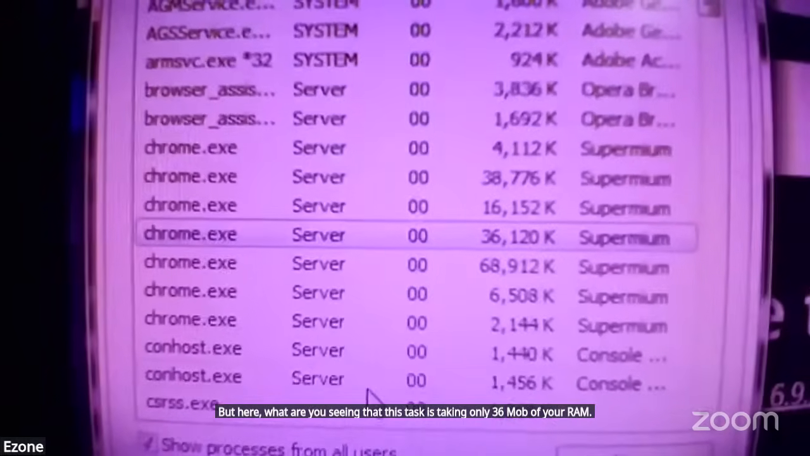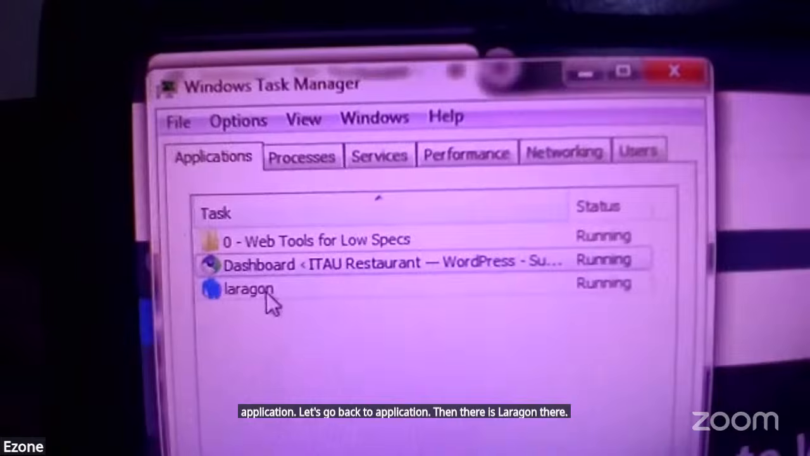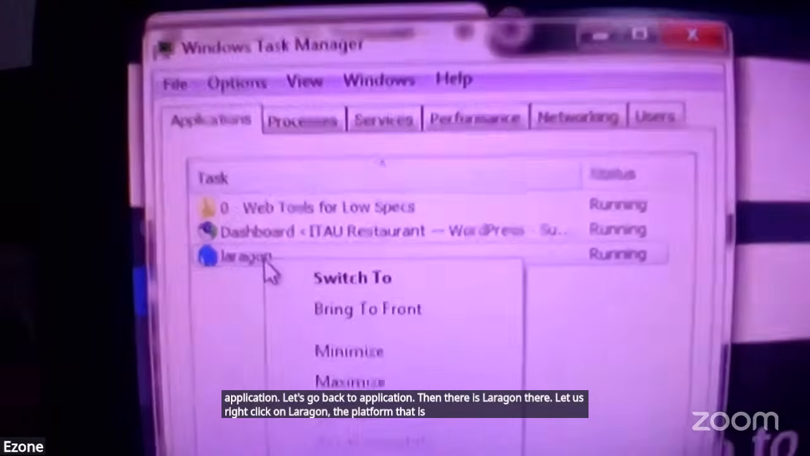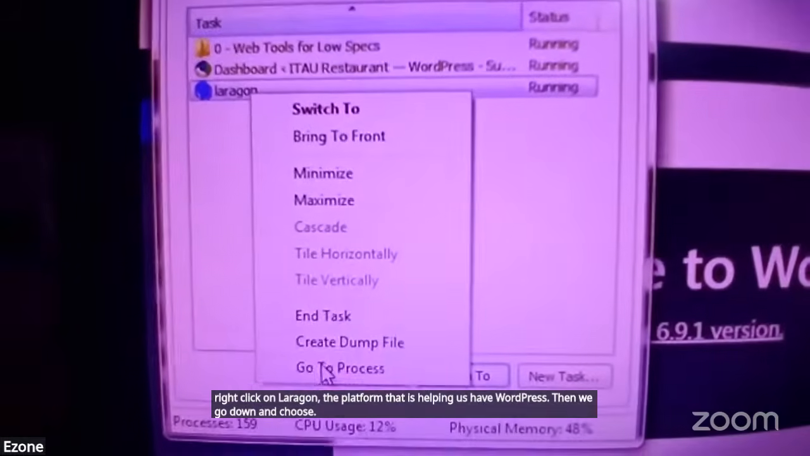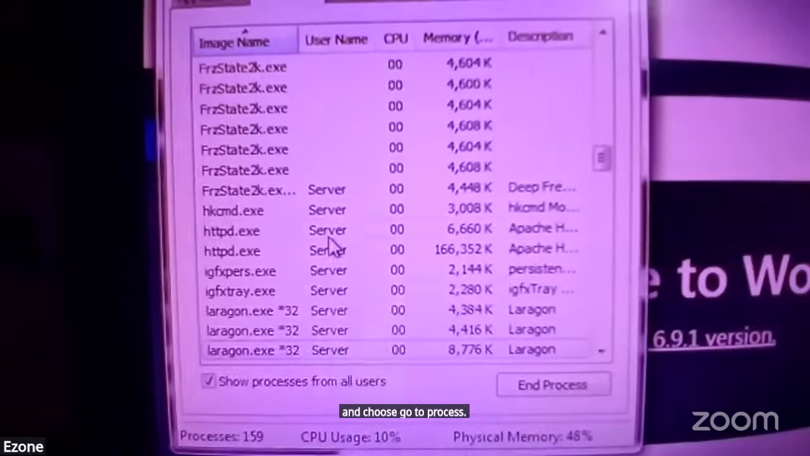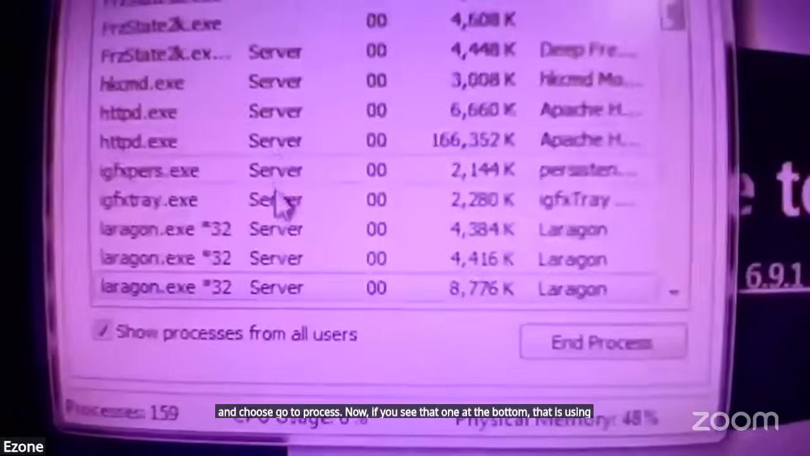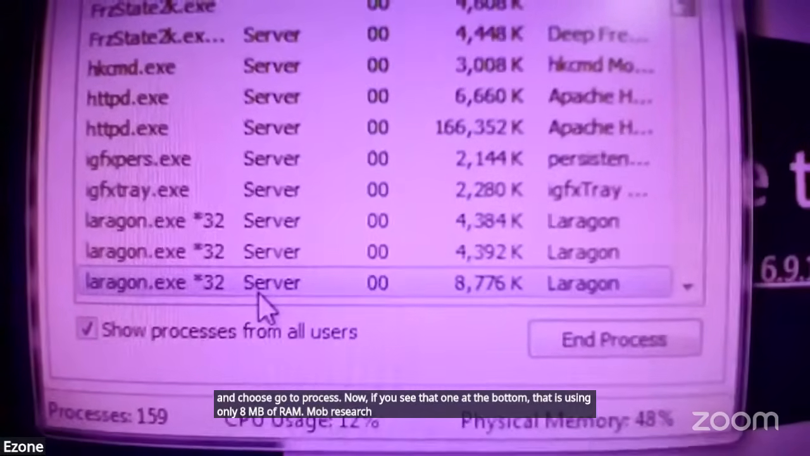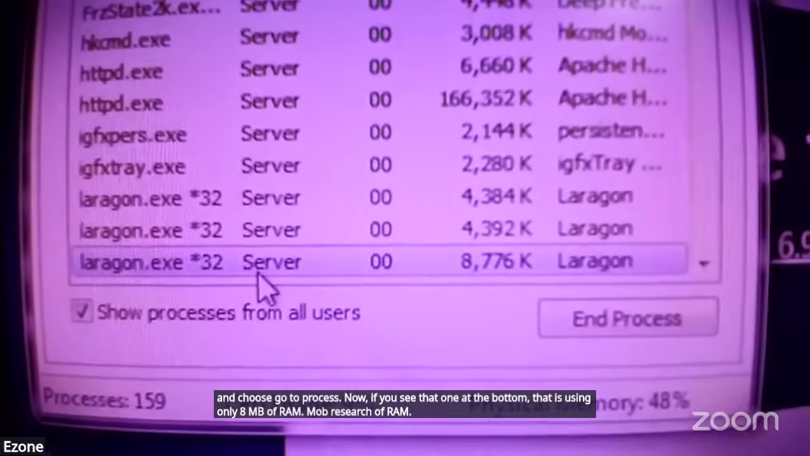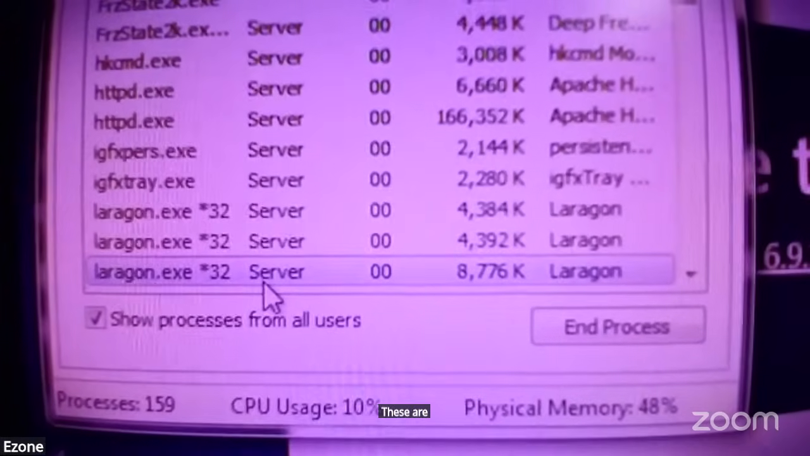Let us go back to the application window. Then there is Laragon there. Let us right-click on Laragon, the platform that is helping us have WordPress. Then we go down and choose Go to Process. Now, if you see Laragon at the bottom, that is using only 8 MB of RAM. So if you have your computer with little RAM, these are a perfect combination for you